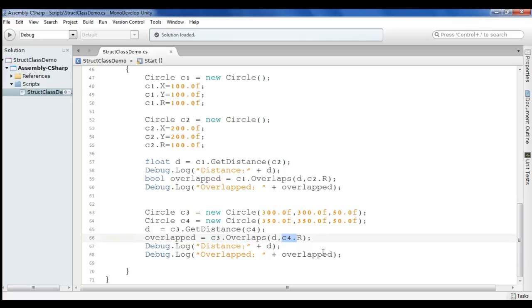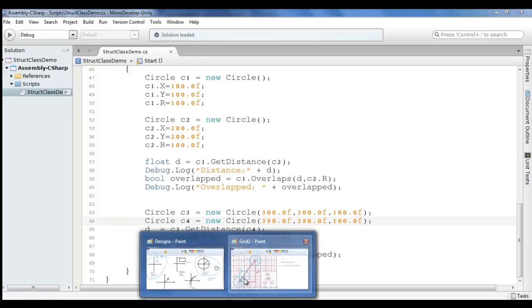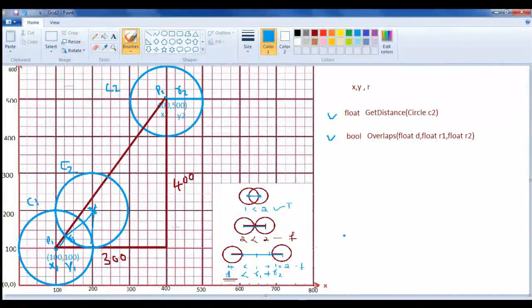So let us save and check, because I think these two should be overlapped, right? 50, 50, let's make it 100 so that it is easy for us to understand. 100, 300 and 350. So that means we have a circle at 300 and 300, that is here.